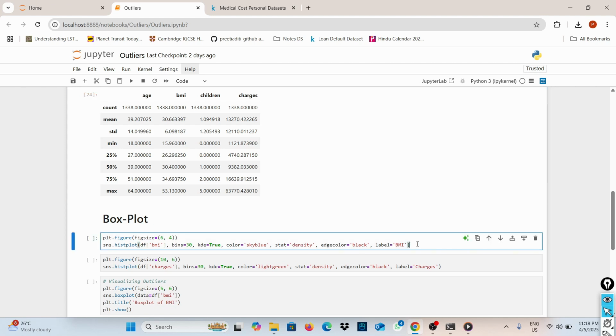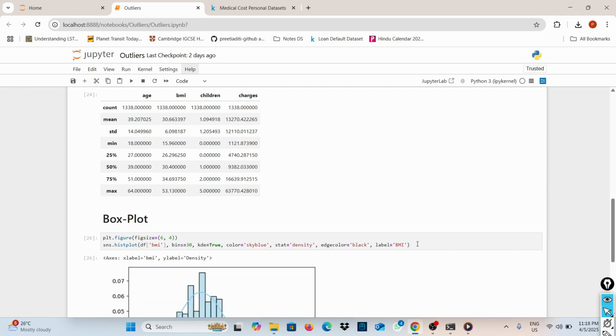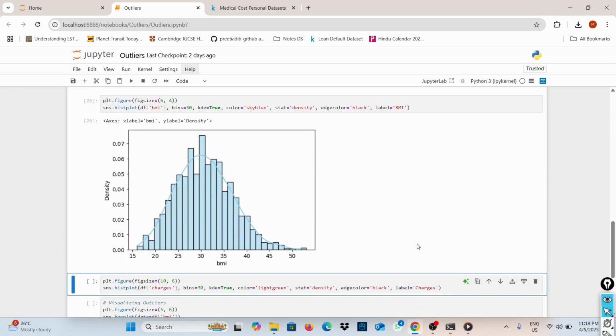This is the histogram for the column BMI, a simple histogram. From here I can see that although the distribution looks like a normal curve, most of the observations are lying in the normal region and some observations are lying on the right side.